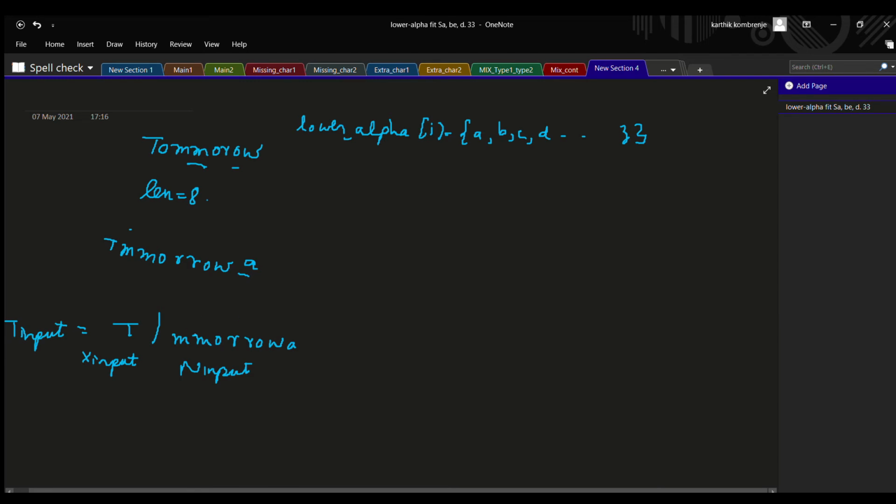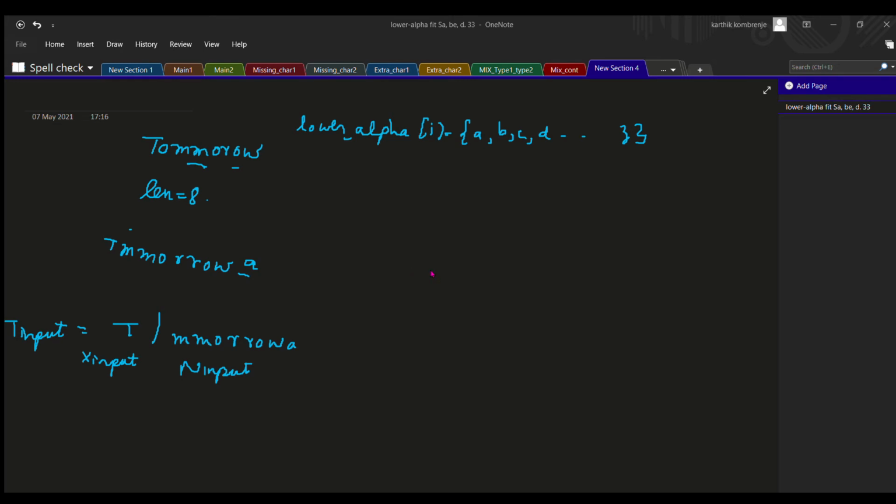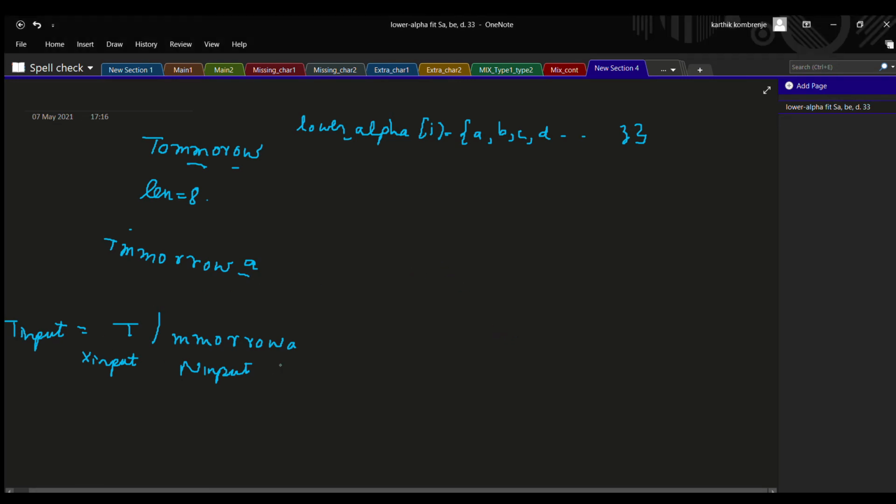Now if I sort this MMORROWA, there is no R over here, there's only one R. So what will my sorted N input look like?